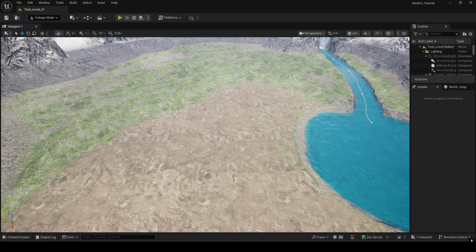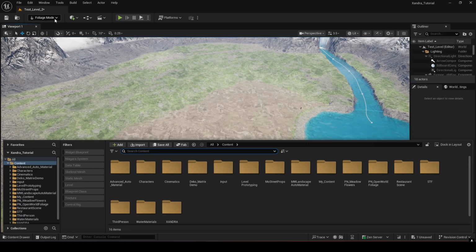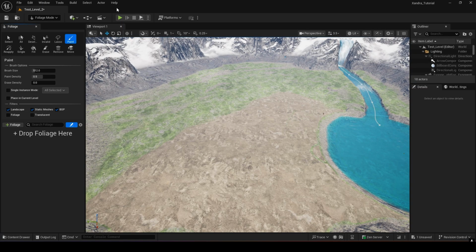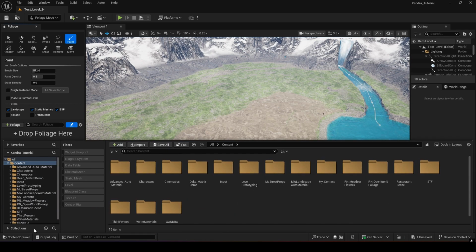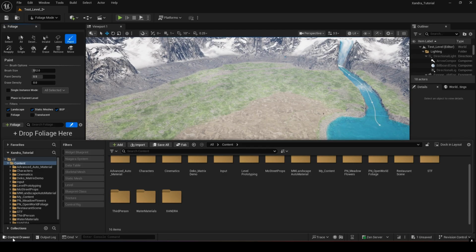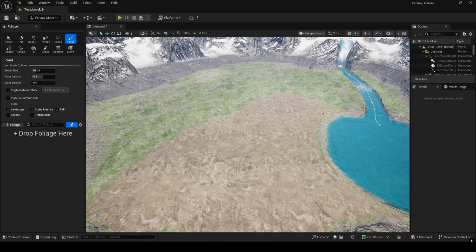So anyways, what we're going to do is up here, I already selected it. We'll have our foliage mode open. And then we're going to go ahead and in our content drawer, we'll pop back into selection. And then reopen that up. I don't know where that went to, but that's fine. So we'll come in here. And actually, I'm getting a little bit ahead of myself. I'm trying to keep this one shorter. So when we first open our foliage tool,